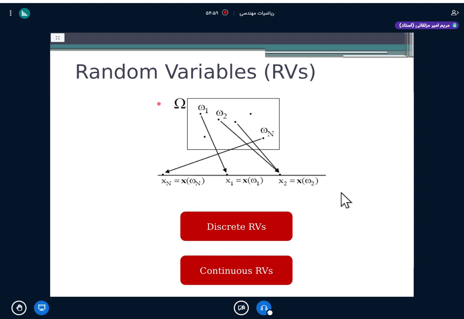What is a random variable? Suppose omega is our sample space. Omega 1, omega 2, omega n are some events in this sample space. Please pay attention that a random variable is a function from the sample space to the real value line. It means that in a random variable, we assign a real value to every outcome of a random experiment. For example,